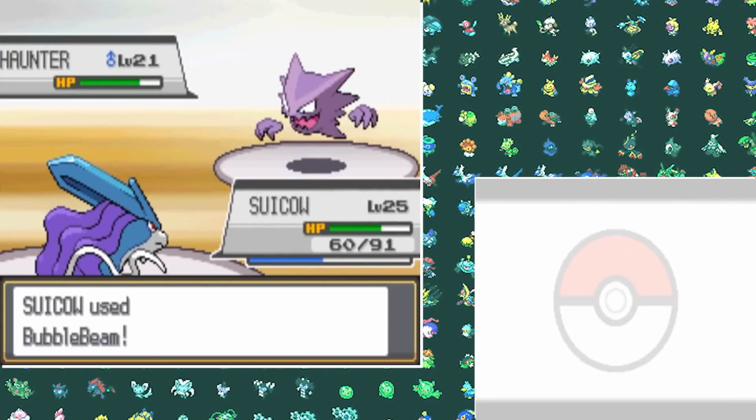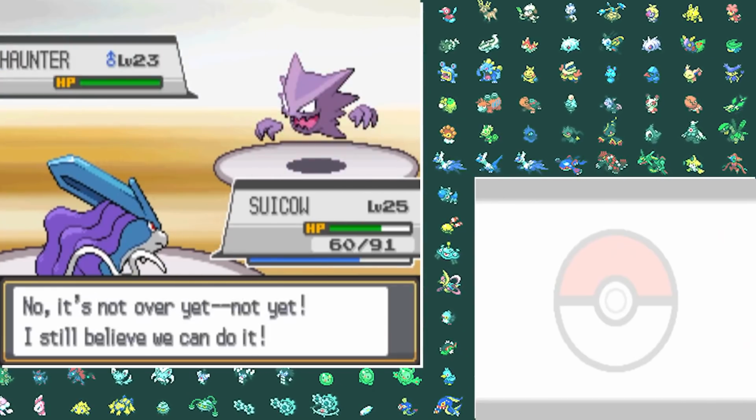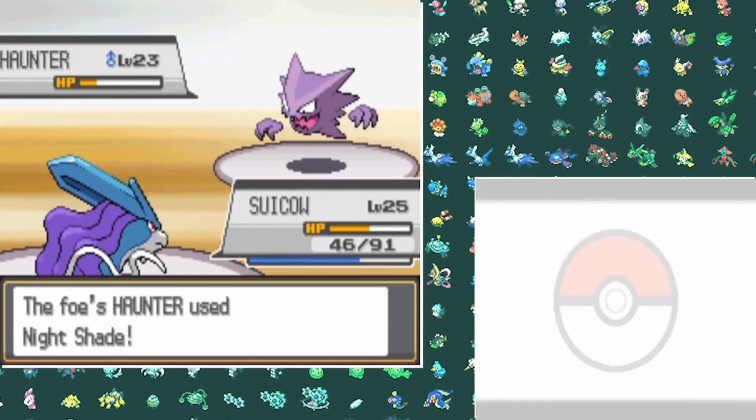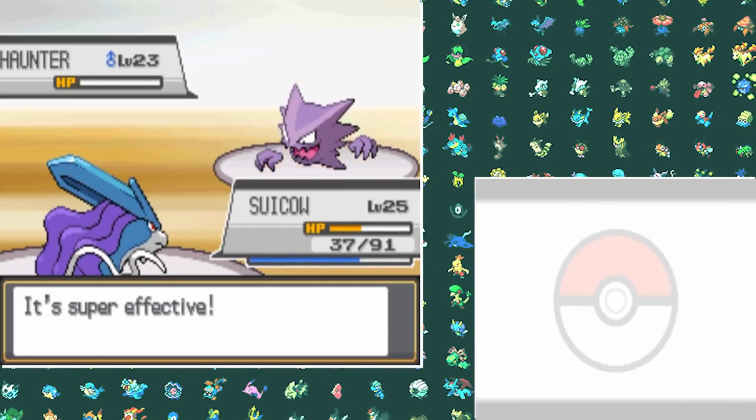Next up is Haunter, but that thing is able to survive a bite. He then misses his attack and uses a potion, and I take him down with 2 more Bubble Beams as his last Pokemon comes out, which is another Haunter. And this guy goes down with a couple of bites as well, and with that we get the 4th gym